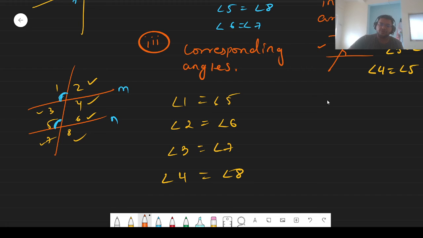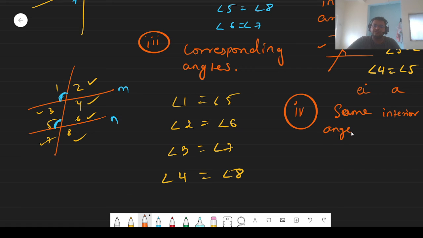Fine. So this was the third point, and the fourth point I can note down is same side interior angles. See, whenever you are continuously watching my videos, sometimes I tend to write A like this. So this is not E and I, this is A. Okay, fine. So same side interior angles.